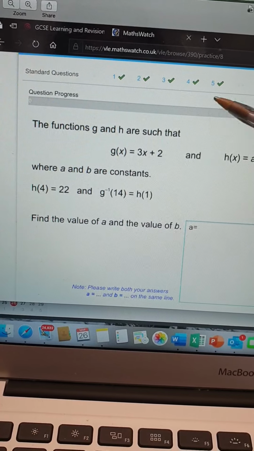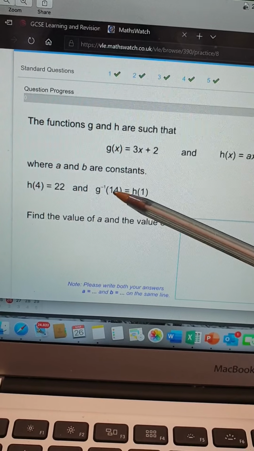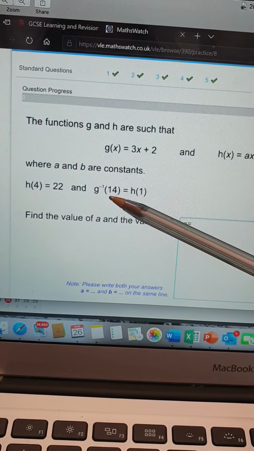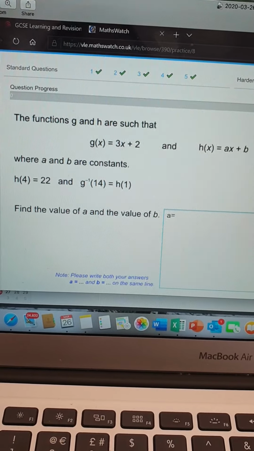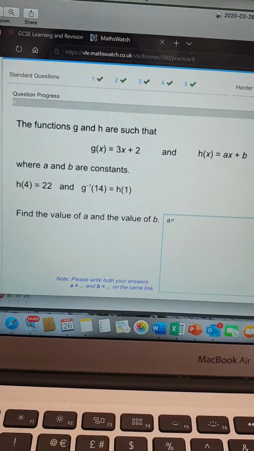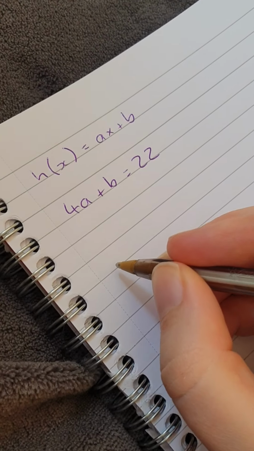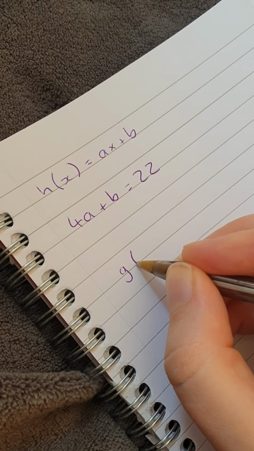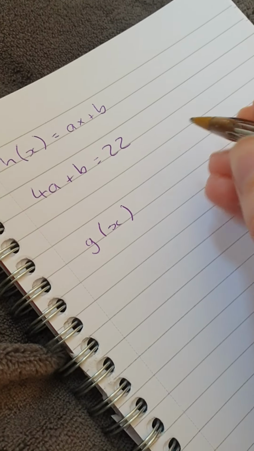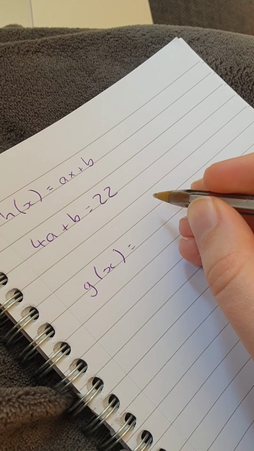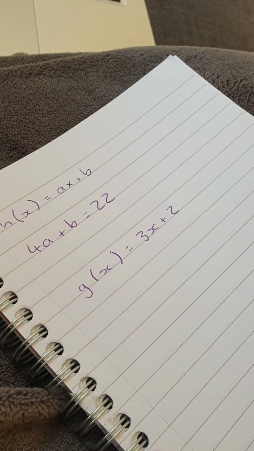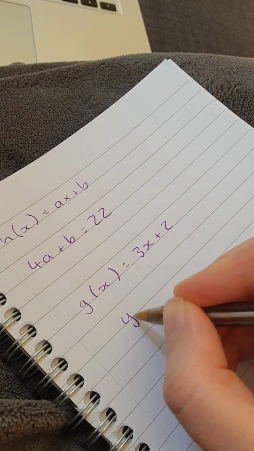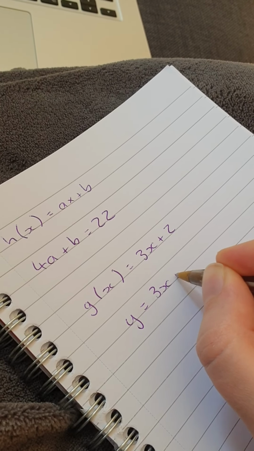Right, now I need to deal with this. Okay, now g to the minus 1 of 14, so that tells me I want the inverse function of g. So I'm going to deal with that first. So I'm going to say, right, I know that g of x is equal to 3x plus 2. Now to turn something into an inverse function, we say y is equal to 3x plus 2